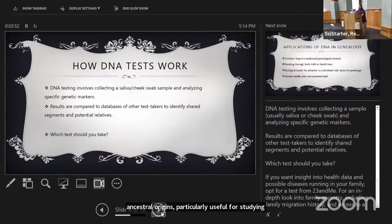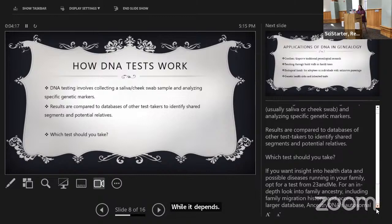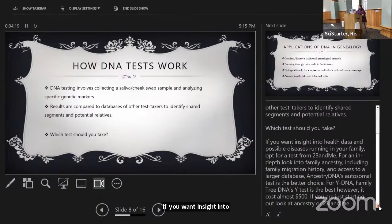So DNA testing involves collecting a sample, usually saliva or a cheek swab, and analyzing specific genetic markers. Results are compared to databases of other test takers to identify shared segments and potential relatives. Which test should you take? Well, it depends. If you want insight into your health data and possible diseases running in your family, opt for